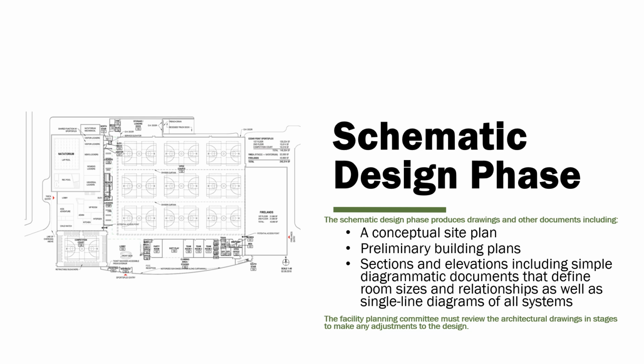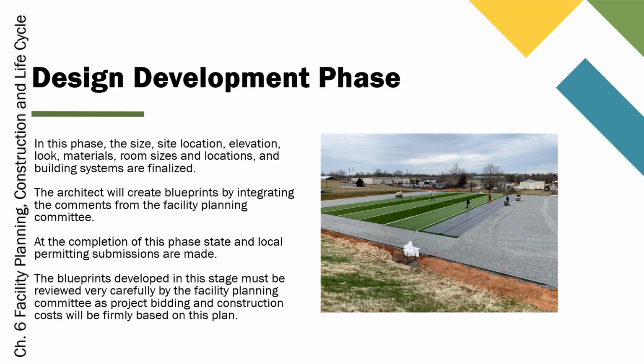of design. In the design development, the architect finalizes key aspects of the project, including the size, site location, elevation, aesthetics, materials, room sizes, locations, and building systems. The design evolves from the initial concepts to a more detailed and refined representation of the final building. The architect will integrate the feedback from the facility planning committee to ensure that the design aligns with the project's